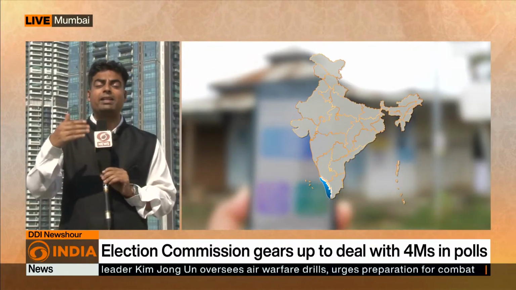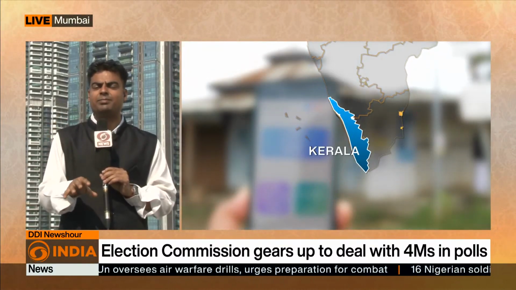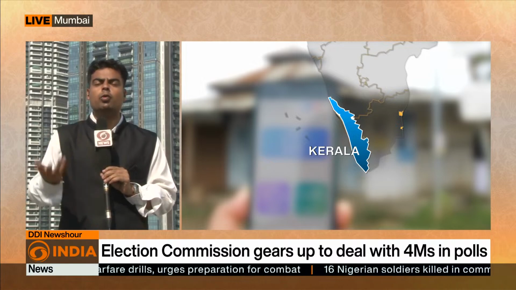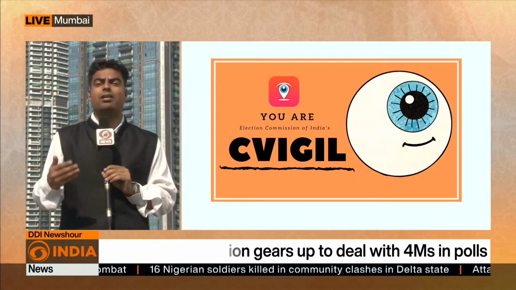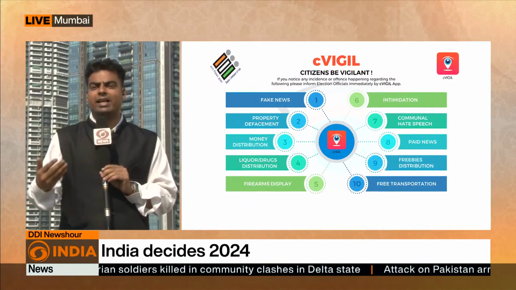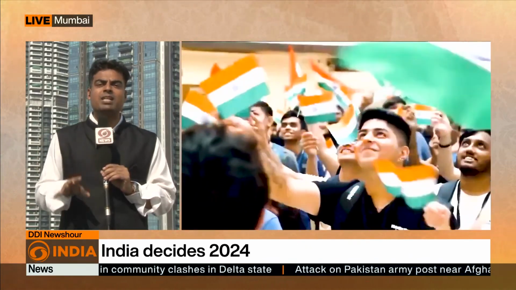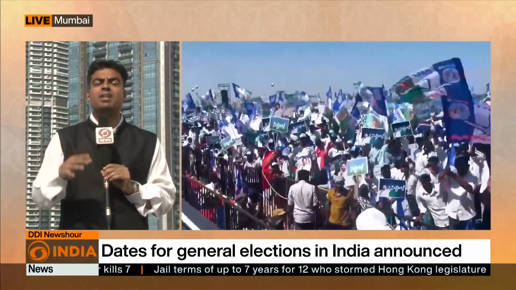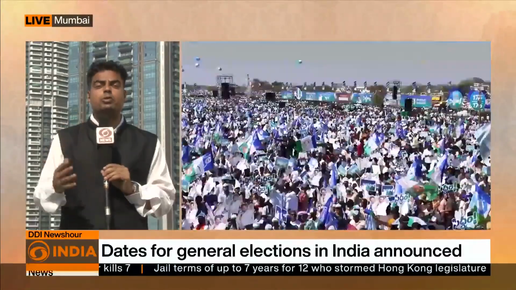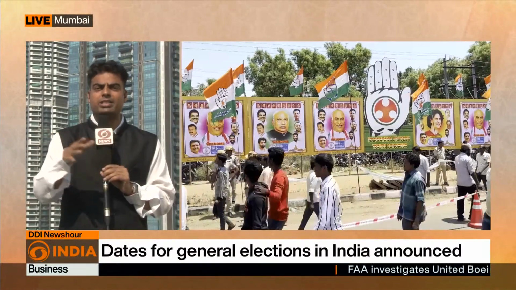Because in this election there are around 10 lakh new voters. Already there are 9.12 crore voters in Maharashtra, and 10 lakh voters are new voters. They will cast their vote for the first time in Maharashtra. So in addressing their issues, all the parties, including the NCP, the split NCP and Shiv Sena, are trying their best to woo the voters, especially young voters as well as women, because women are going to outnumber the voters in terms of gender.